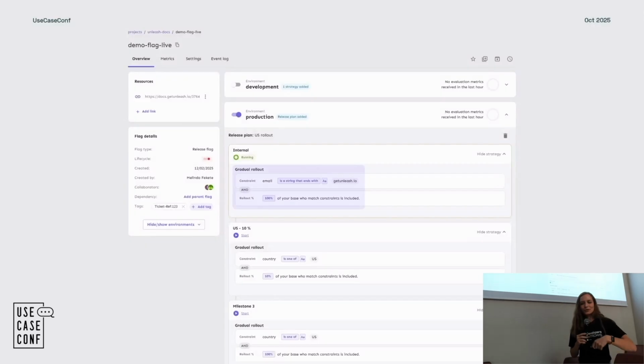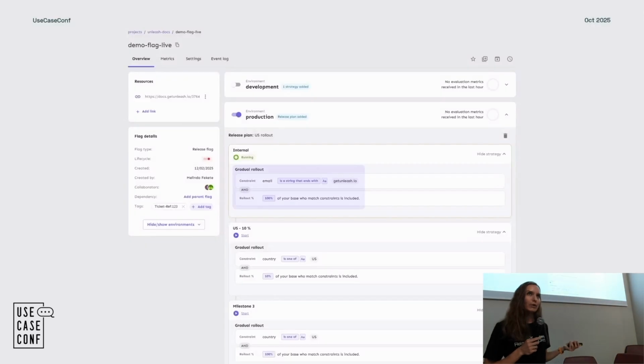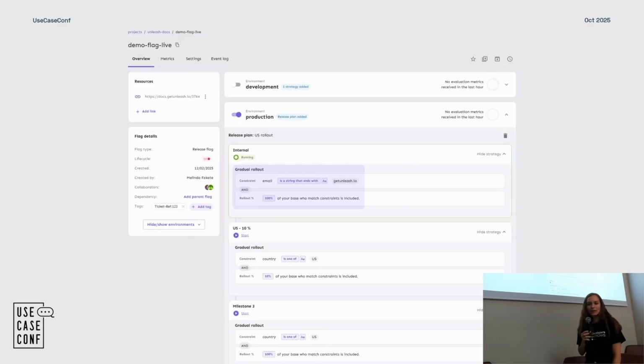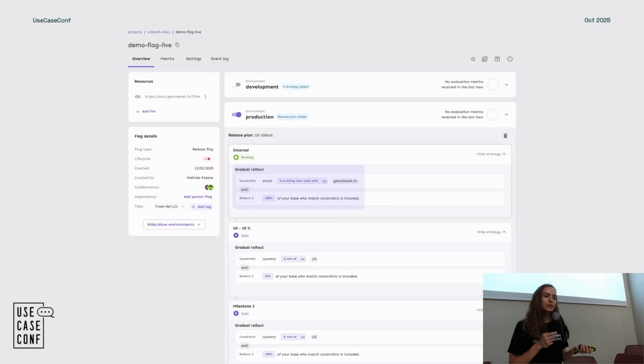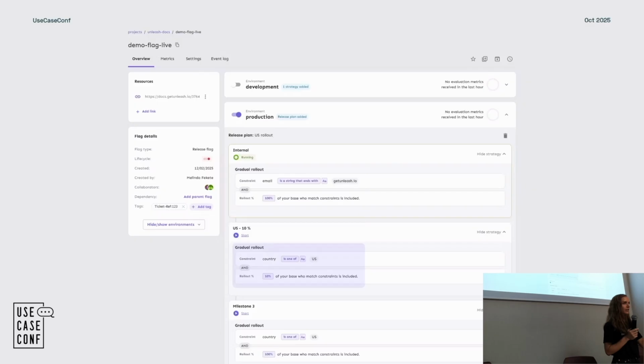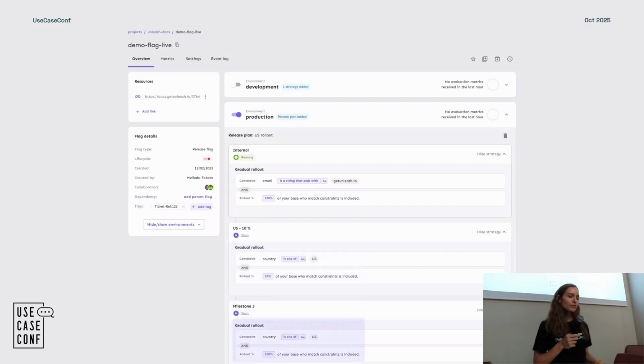So instead of just releasing your code to all of your users at once, you start with a small subset of users and enable it for them in production. So in this example, I configured a stage where we enable the feature in production only for our internal users. I used our internal email address for this, but you could use host or IP or user IDs or whatever you want. And then once you're happy, you've tested it, you've dog-fooded the feature, and you're happy with it, then you move on to the next phase, which is maybe 1%, maybe 10% of your users. Maybe you're targeting a specific region. And only when things are looking good, that's when you go to 50 or 100%.